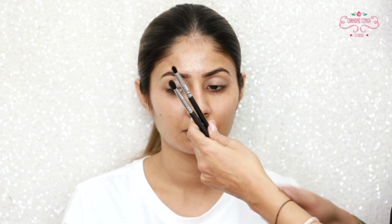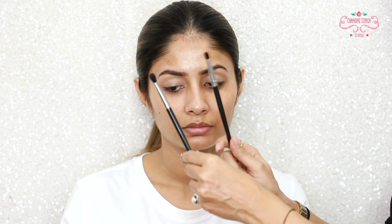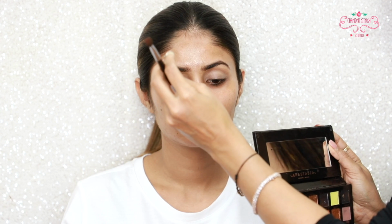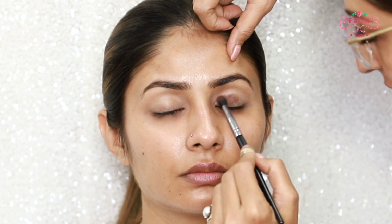I'm using London Pride cosmetic brushes. Again, for all those people who keep asking me for good affordable brushes, a very good brand to invest in. This is again available on our website. I'm just going to dip my brush into the brown eyeshadow. I dust it. The number of this brush is 3 to 7. And I just start with applying the color